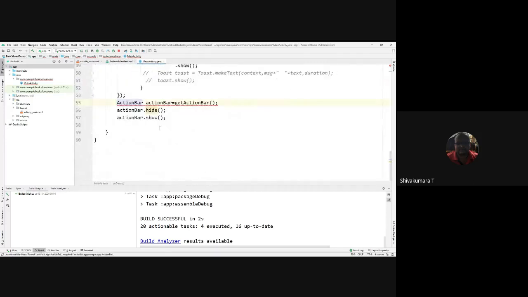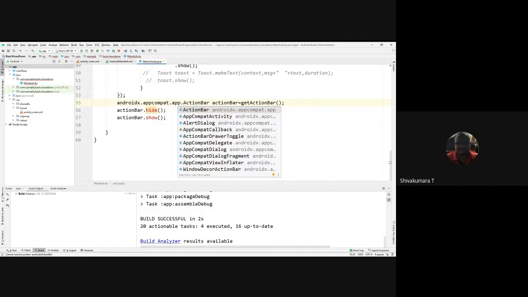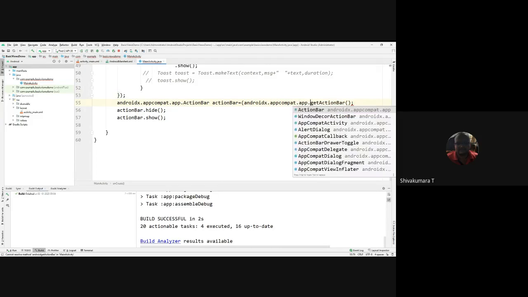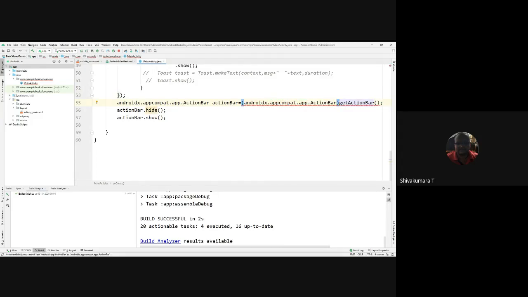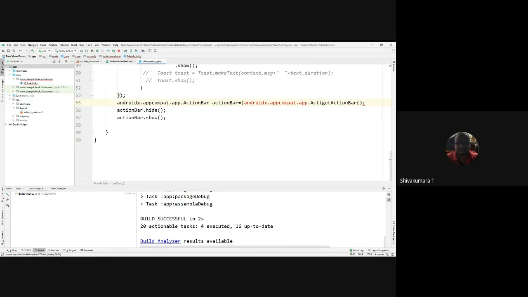So here you can append Android X dot app compat dot app dot action bar equal to, action bar dot get action bar.